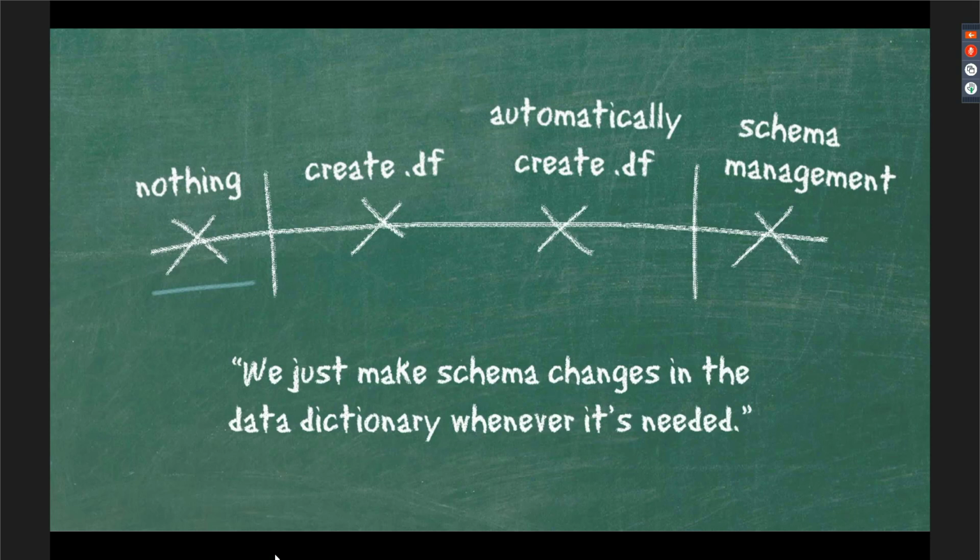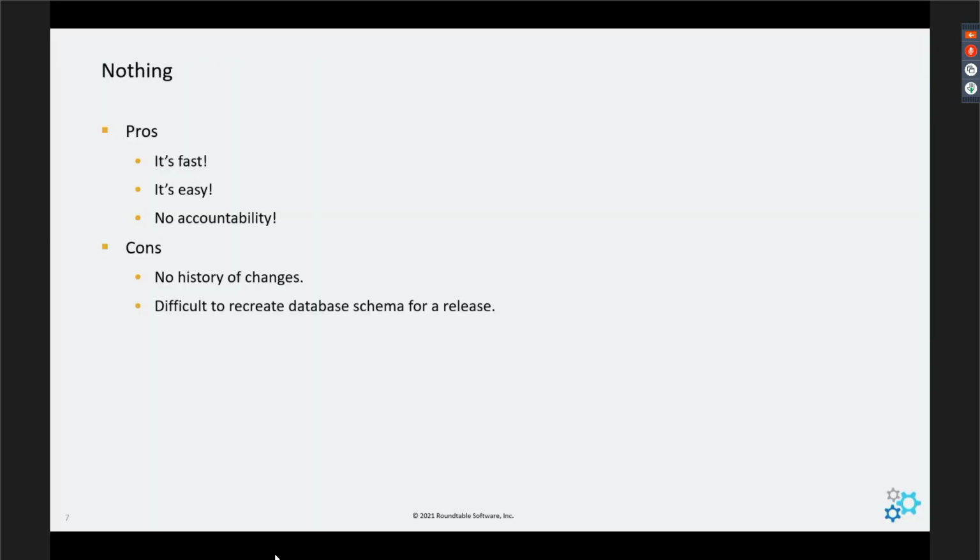So one of my personal favorites, and I'm sure many of you have this favorite, when it comes to schema management, is nothing. We just make our schema changes in the data dictionary whenever it's needed. I'm sure that might sound familiar to some of you, but is that really a great thing? So what are the pros of doing nothing?